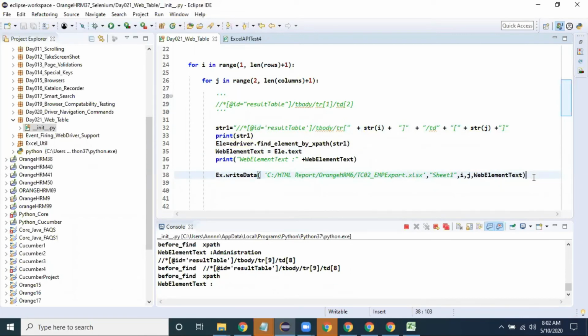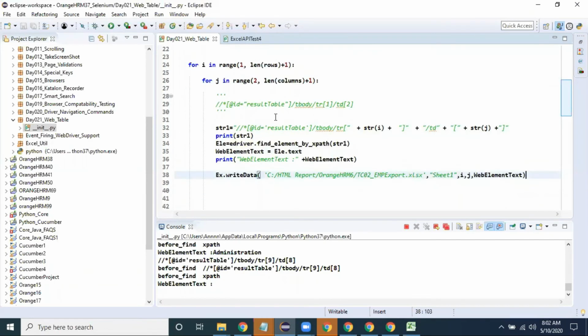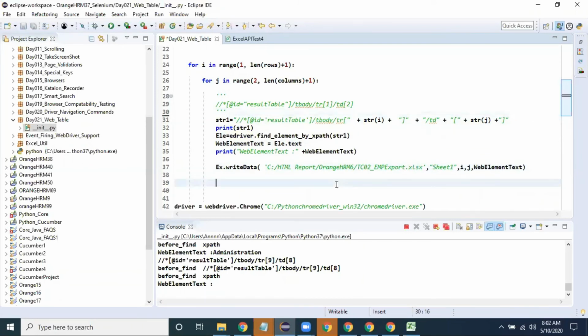So that's it on the for loops. To understand this logic, you need to be more of an expert in for loops. This is the typical concept of a nested for loop. To handle any web table information, people will write logic like this only. All people will follow the same logic, because it contains so many rows. So you have to repeat your logic 9 times.